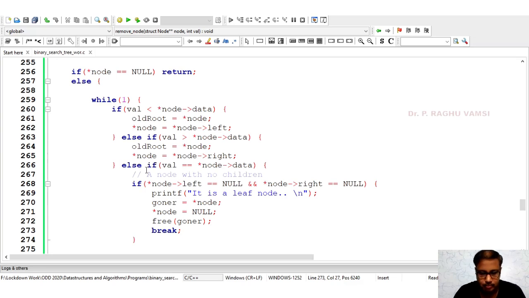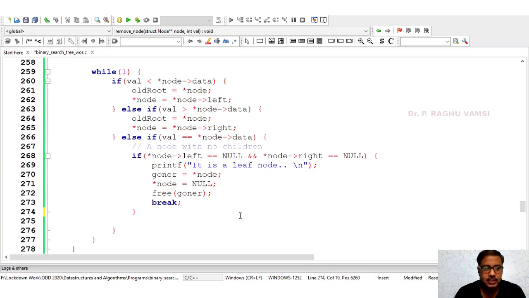So next one is a node with only left child that we are supposed to consider. That means else if star node right is equal to null.